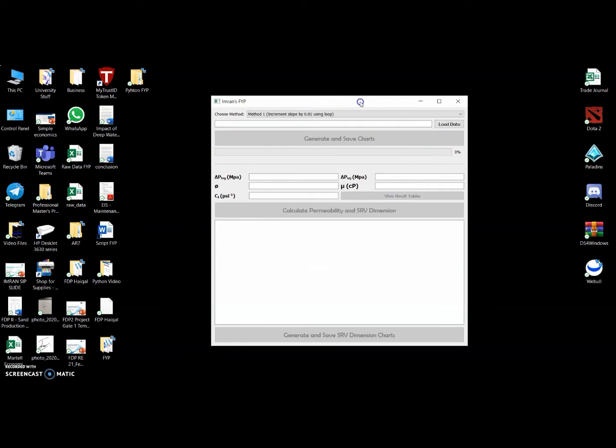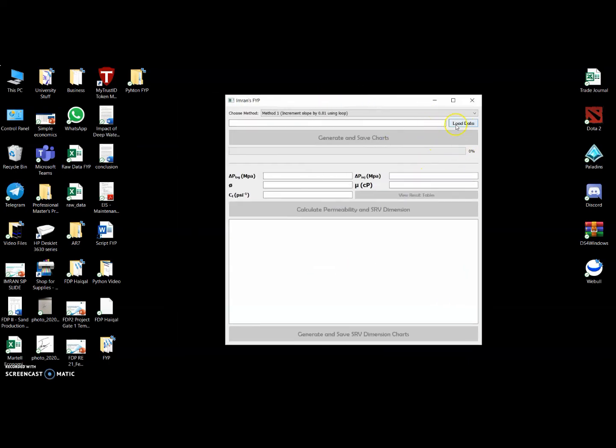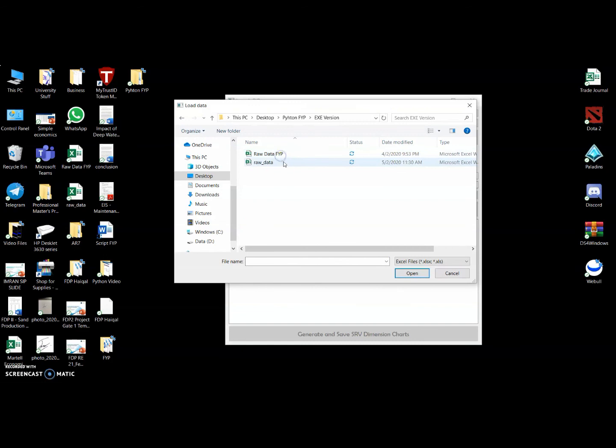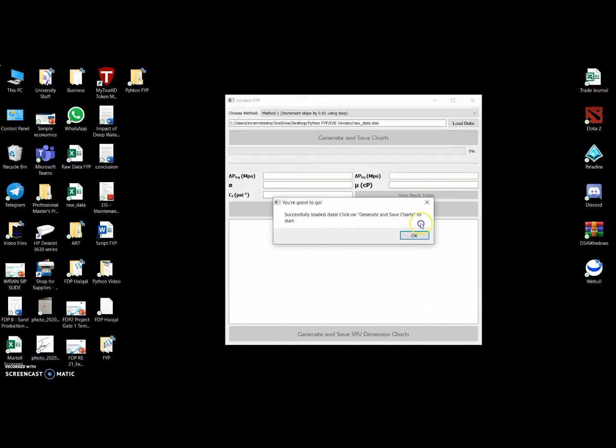Now, this is the GUI. The first step is I have to load my microseismic data file into this GUI. So, let me choose my microseismic data file, which is in the correct format required by the software. My data file is this one, right? A success message will appear and it will prompt the user, which is me, to press this Generate and